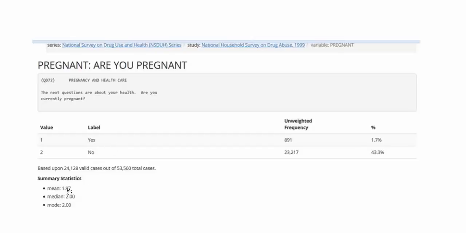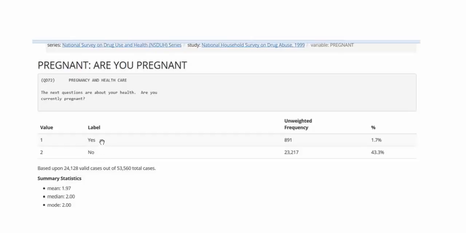You see, if you were to look at this 1.97, you'd see it's close to 2, right? Because the values range from 1 to 2. So you can see 1.97 is close to 2. So does that mean that they're a little bit pregnant? Does that mean that they really, really hope that they're not pregnant? I hope what you're seeing here is that this is uninterpretable because this is a nominal level variable. That is, you can't be a little bit pregnant, and you cannot be, I really, really hope I'm not pregnant.